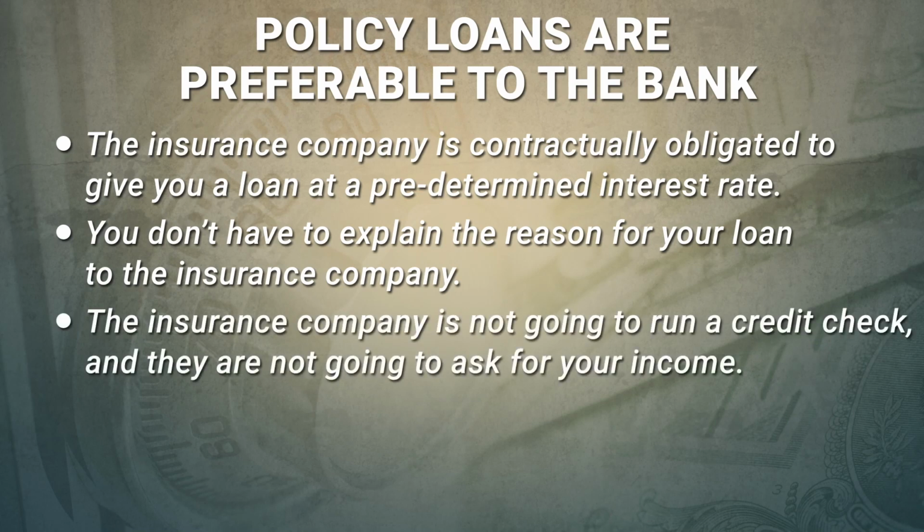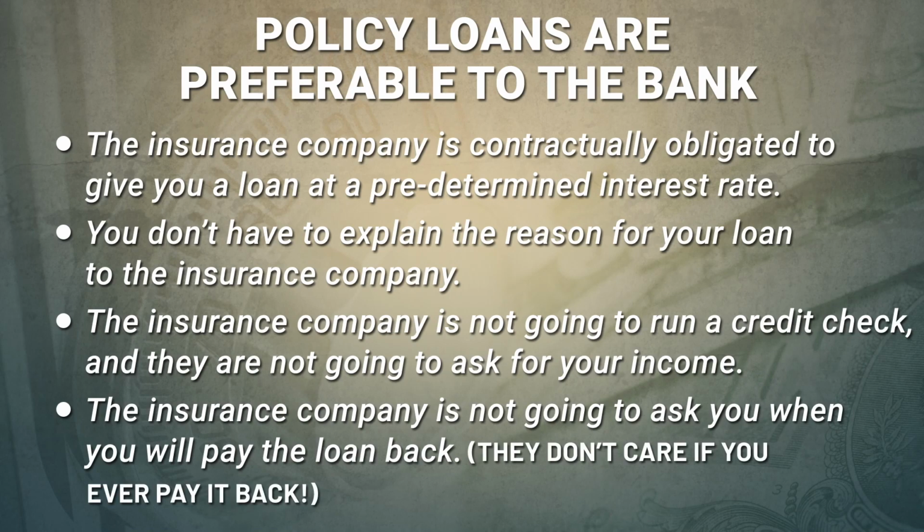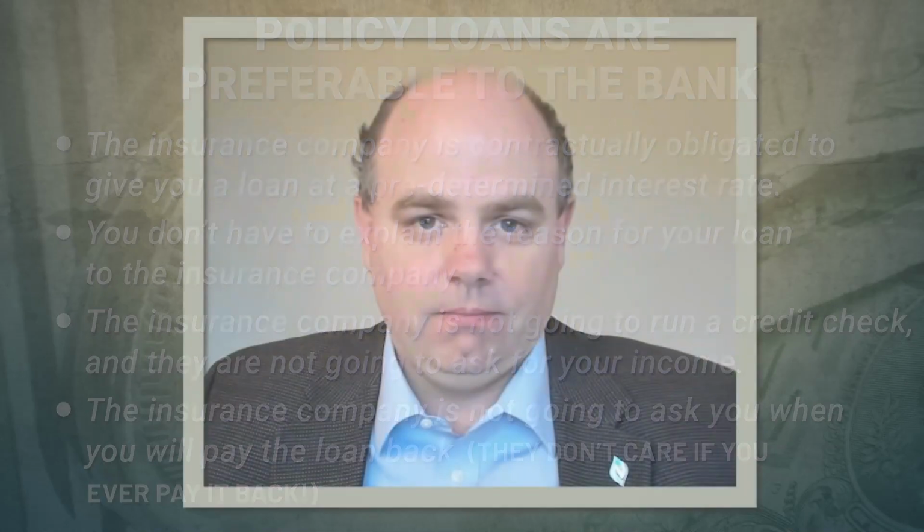They're not going to run your credit to make sure your credit score is okay. They're not going to check your income to see if you have the ability to pay the loan back. They're not even going to ask you how soon you're going to pay the loan back. And here's one you might not even believe. They don't care whether you pay the loan back or not. You could take that $30,000 policy loan and never service it again. Just let it ride. And it would grow exponentially at whatever the interest rate was. The life insurance company might send you some letters letting you know the status of it, but there's no action they're going to take against you if that thing just keeps growing.